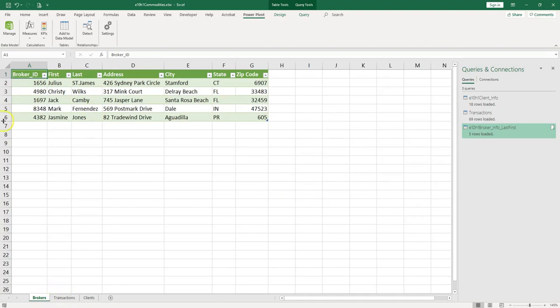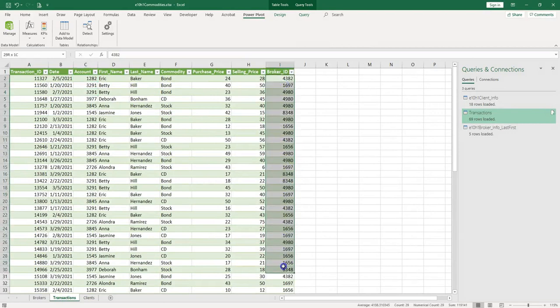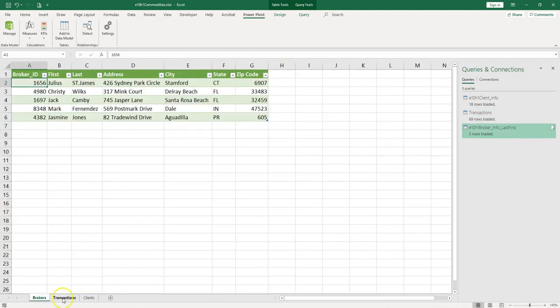Now, if you look at the data, we have broker ID over here, first, last, and so on. So let's see if this broker ID 1656 Julius is used in the transaction. We can see the broker ID column over here. So what we can do is relate these two tables by the common field, which is